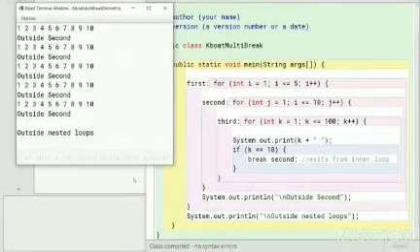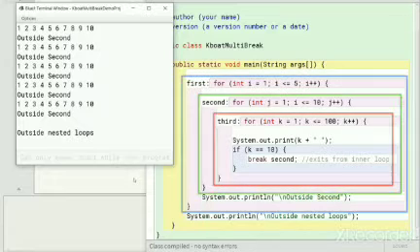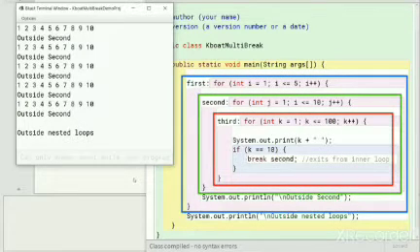There is one important thing that you need to remember about the labeled break statement. The code block that is the target of a labeled break statement must enclose the labeled break statement. Here, third, second and first code blocks enclose this labeled break statement. So any of these is a valid target label for this break.